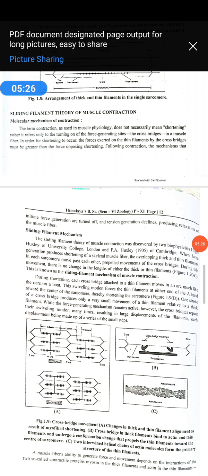But during relaxation, all the events occur in reverse direction. When stimulation is terminated, the actomyosin complex produced earlier is broken down, and the myosin heads get detached from the actin filaments. The process involves the use of ATP. At the same time, calcium ions return back. This is also an active process that uses energy.